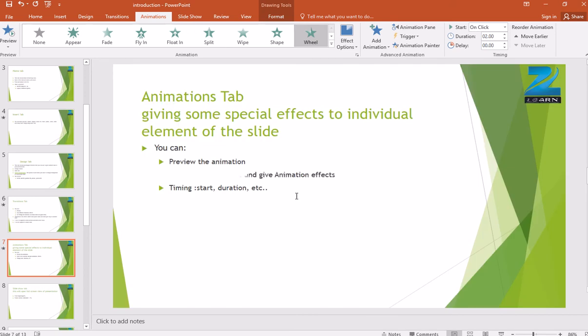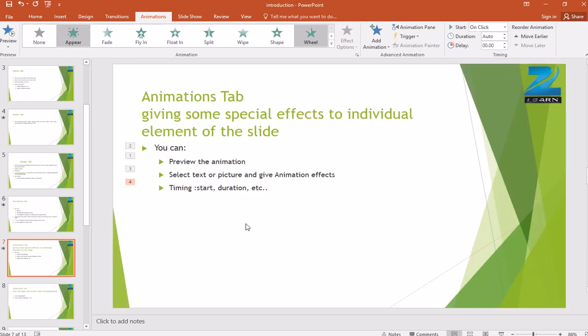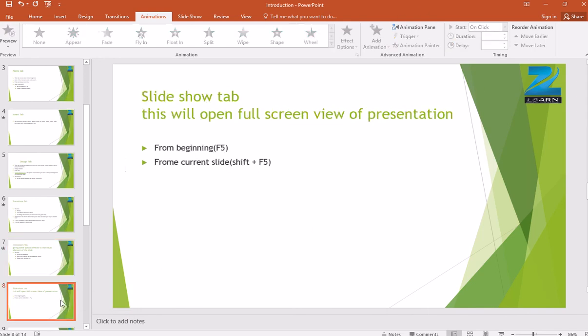This wheel effect I am giving. So for that you have to select a particular text or image and then give the effect. This can be given in normal view only and to an individual element, not to the whole slide. That you can do with animation. Here again you can go for advanced and on click and all those options, but that will come at an advanced level.